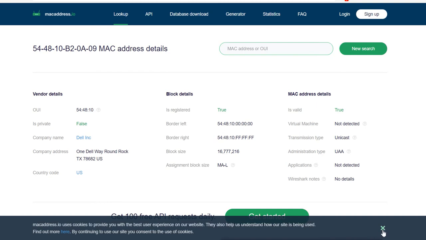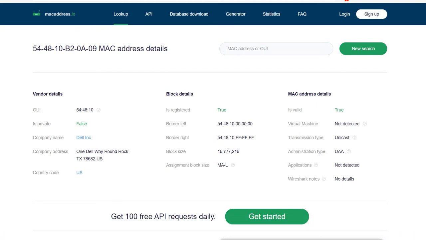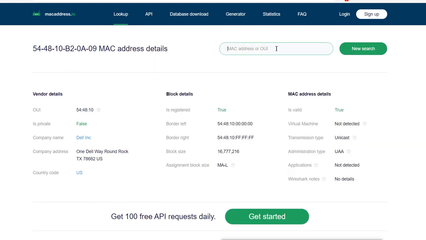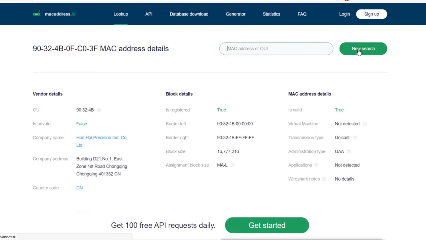And for the second address that I have, I will copy this second address and try to find what company it is from. So this is from Hon Hai Precision Industries Company Limited.